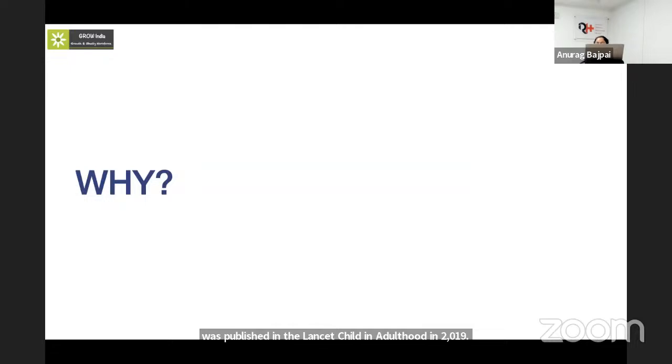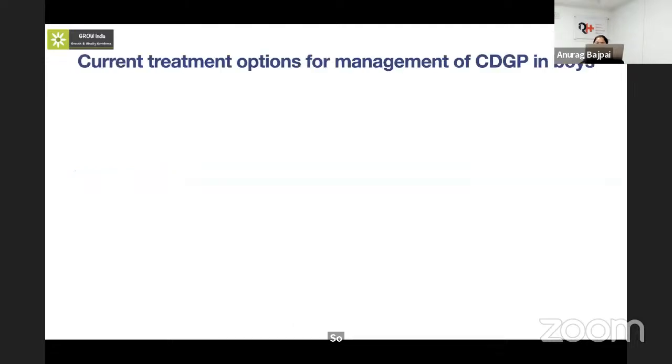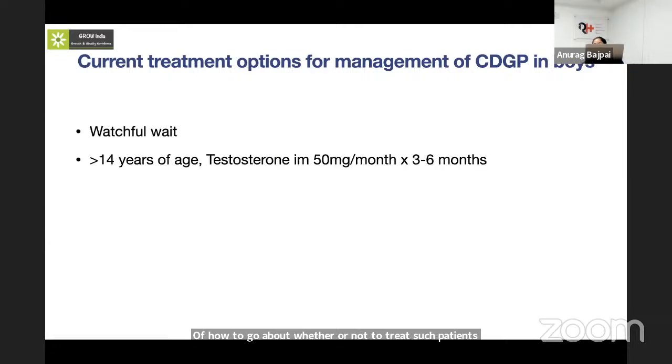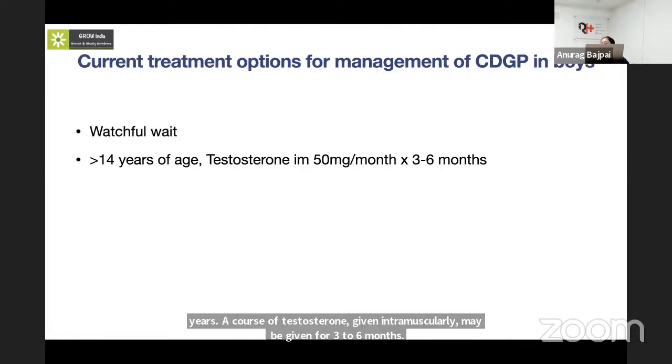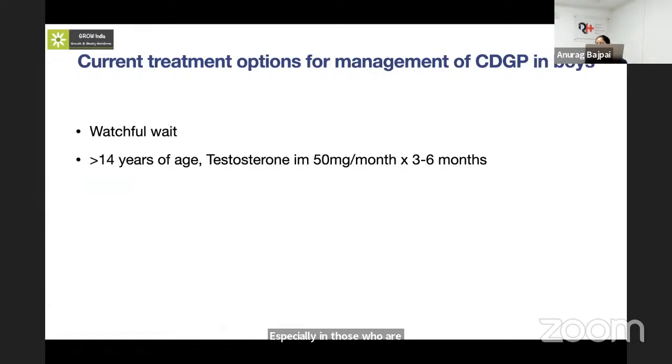So why did we even think of trying a new drug? We know that CDGP is a common clinical presentation in our day-to-day practice where we are often at crossroads of how to go about whether or not to treat such patients. So the current treatment options are watchful wait, and in children older than 14 years, a course of testosterone therapy given intramuscularly may be given for 3 to 6 months, especially in those who are more apprehensive about this delay